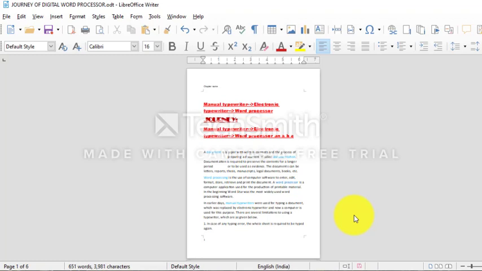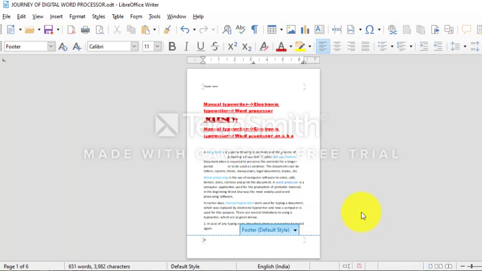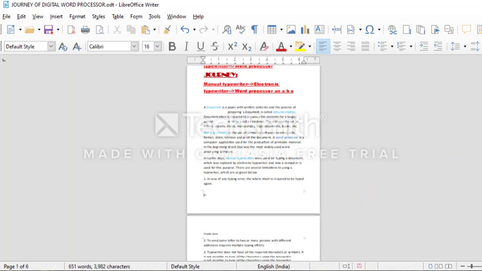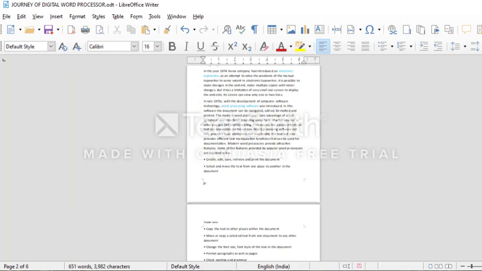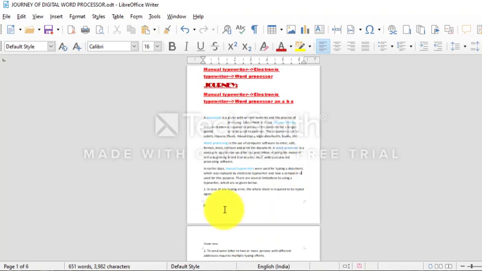To enter the page number in the footer section, place the cursor in the footer section and click on Insert and then Page Number. Now you can see a page number is there. Just wait, I have written 1 there. Therefore, it is coming like this. So it will be empty.